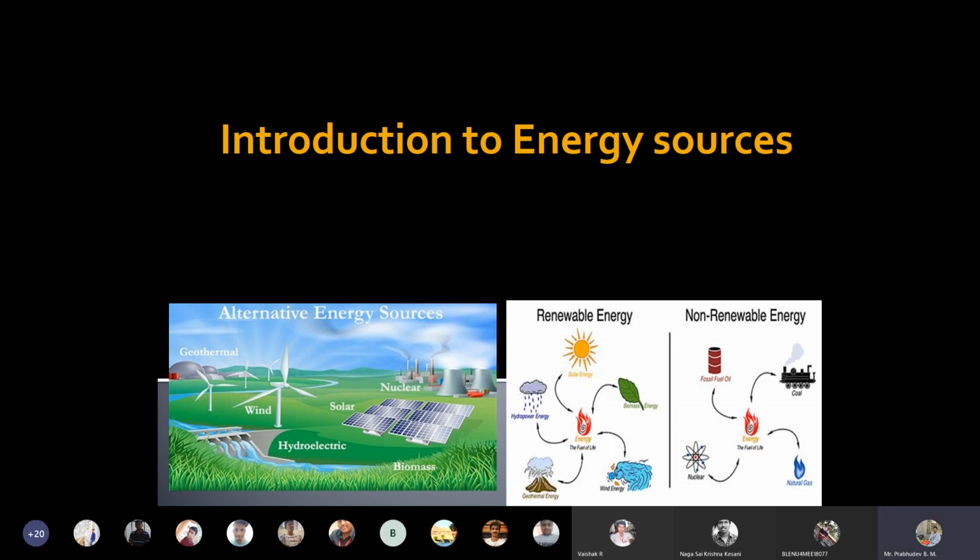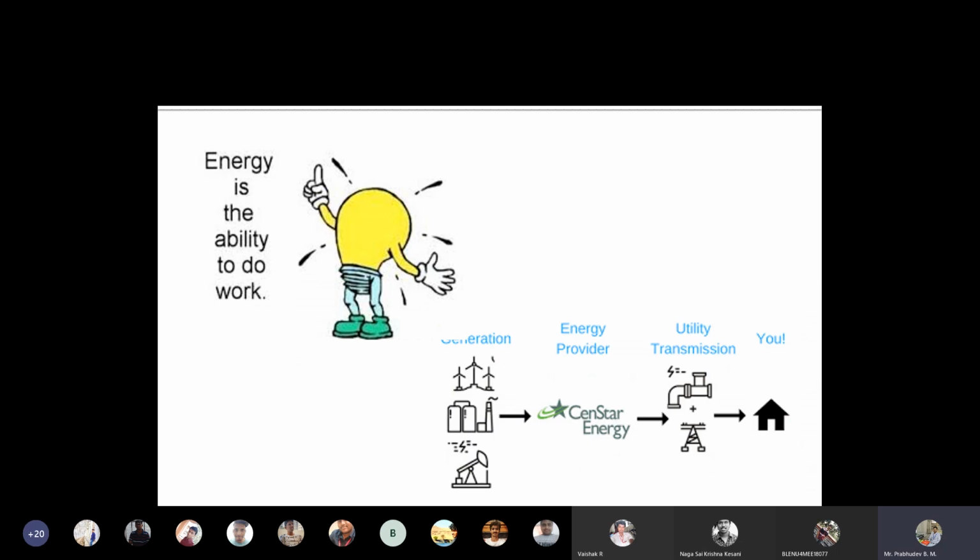So energy is the ability to do work, where work is defined as a unit force applied on an object so that it moves a unit distance. If a force is applied and it moves a unit distance, then we can say that 1 joule of work is done. So if you supply energy to do that work, that is called energy used to do the work. How do you get energy?